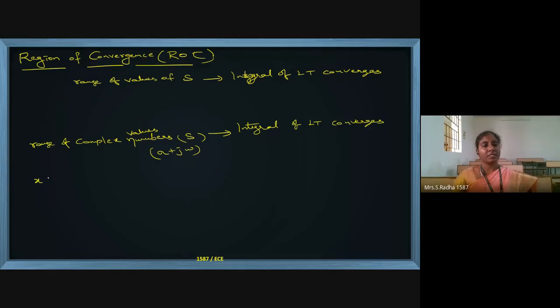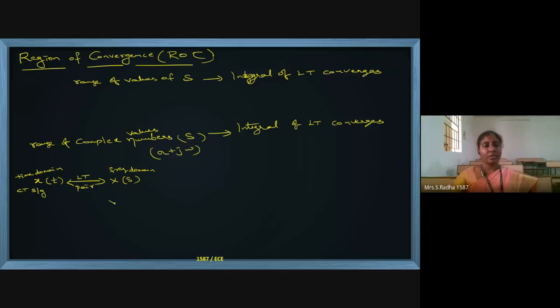If you see, x of t is a signal and its Laplace transform is x of s. Double-sided arrow means Laplace transform pair. In the time domain, it is x of t, a continuous time signal. In the frequency domain, it is x of s. In the forward direction, we are converting time domain to frequency domain. That is called Laplace transform. In the backward direction, we convert frequency domain to time domain. That is called inverse Laplace transform. Double-sided arrow means that.